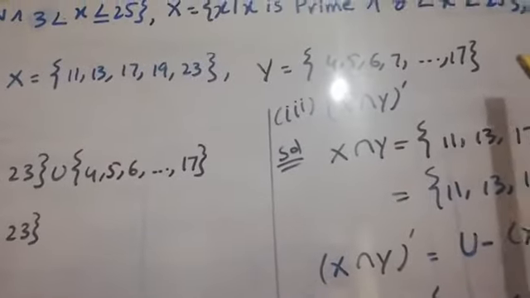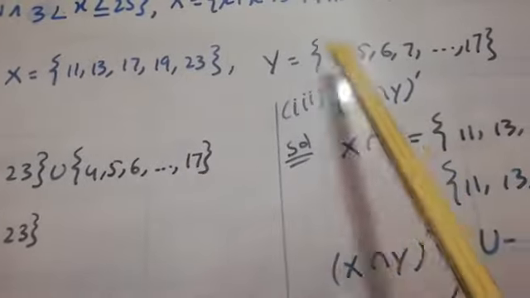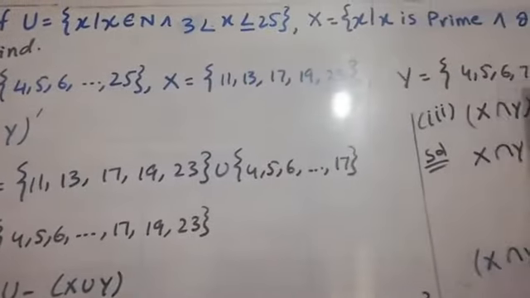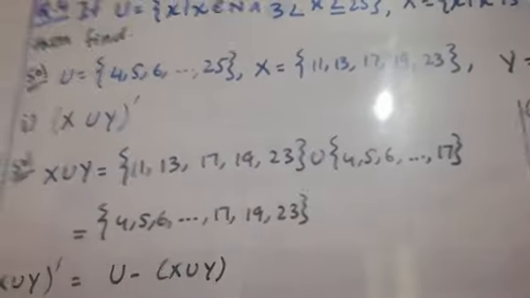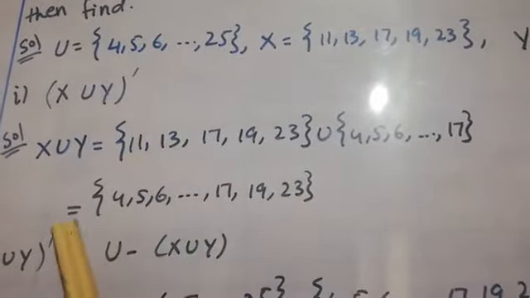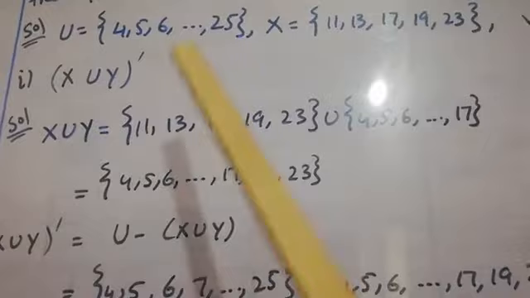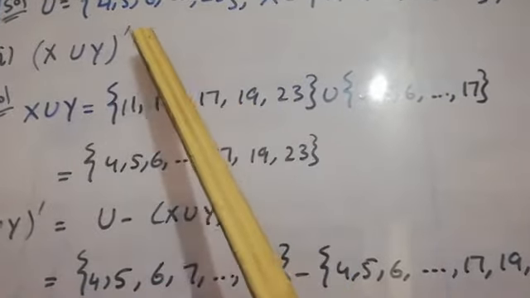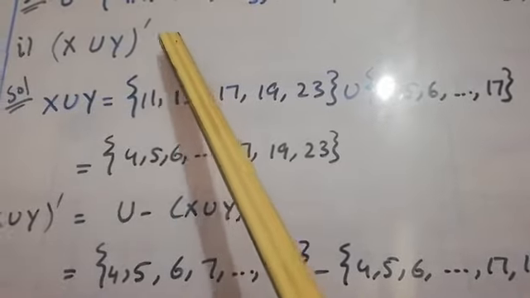Say there are two sets X and Y, and the union is a set which has all the elements of these two sets in it. And complement means when we take the difference of any set from the universal set, then it is its complement.